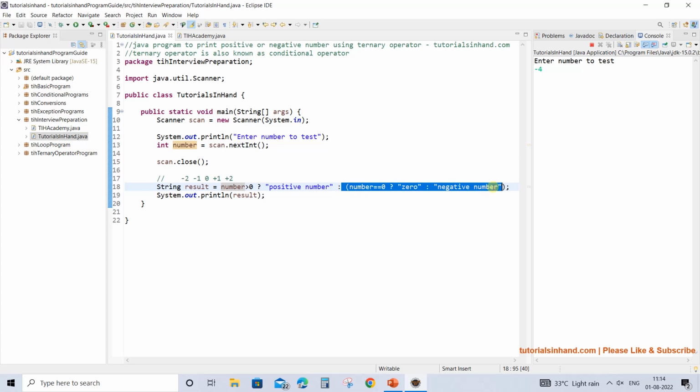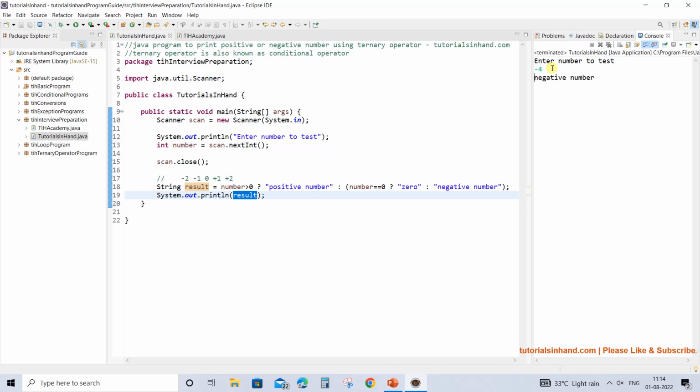Now -4 equals 0 will get compared, and it will again turn out to be false, so anything after this colon gets executed, and the string "negative number" will get returned as a result. Thus when we print it, we will get negative number for -4, and that is the perfect result.